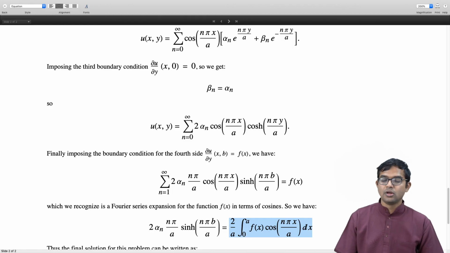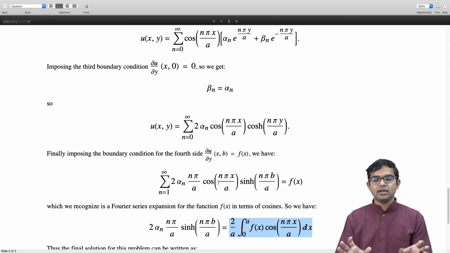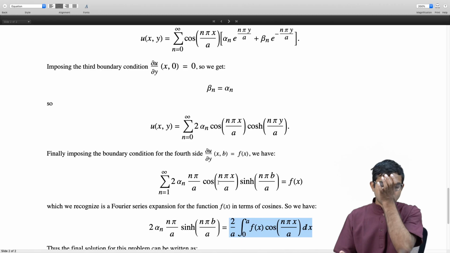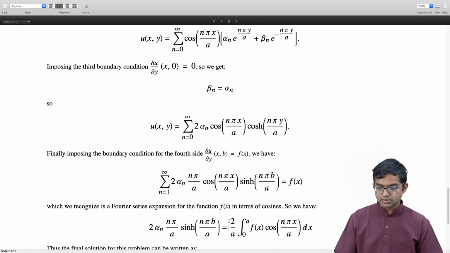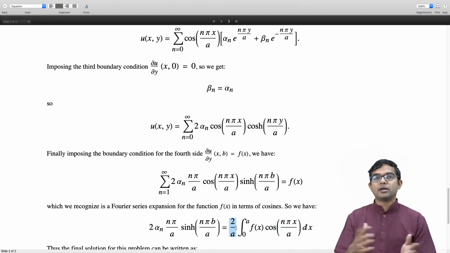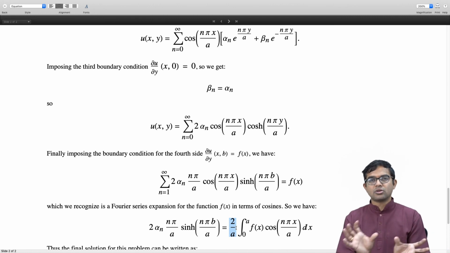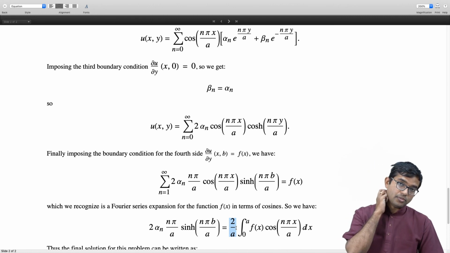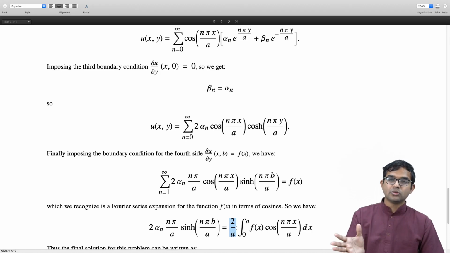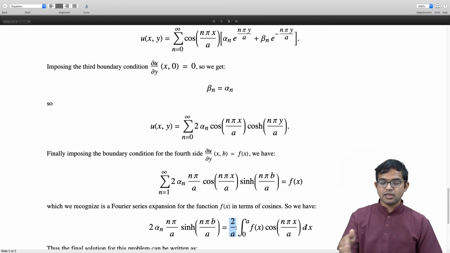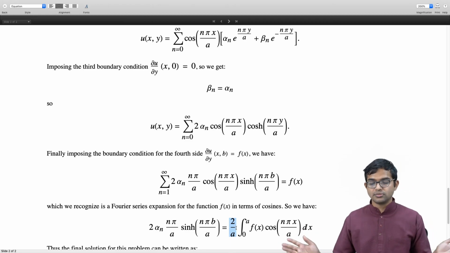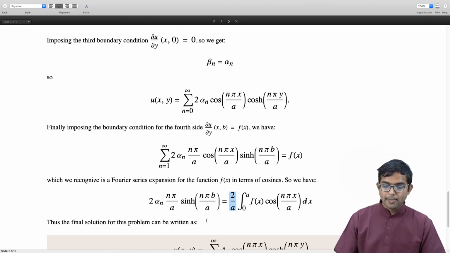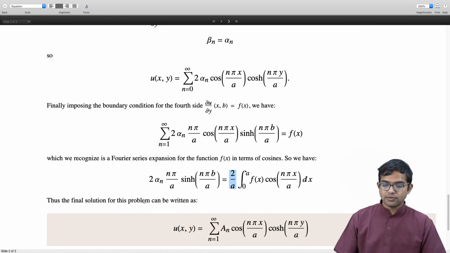So this is the theory of Fourier series representation, right? You can multiply throughout with this function and convince yourself that indeed if you have cosine squared, that's going to give you a non-zero value, and specifically it's going to give you this normalization. But these are in some sense orthogonal functions, right? So if you multiply two cosines with different frequencies and then integrate from 0 to a, all such terms will vanish, and so finally the final solution can be written as u of x comma y, summation